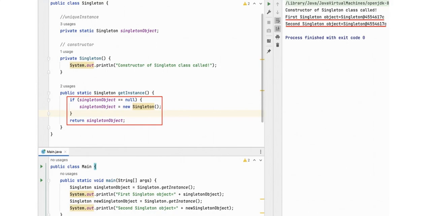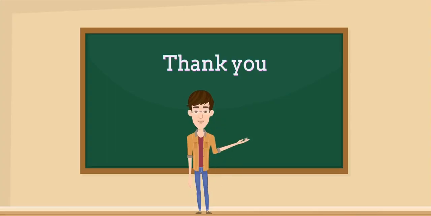Now that we have created and stored this unique object once, we just need to use it throughout the program. So, the next time we call the getInstance method, the value of the variable will not be null, and our code will fall back to the return instance statement, giving us back the same unique instance. This was singleton pattern in a nutshell.